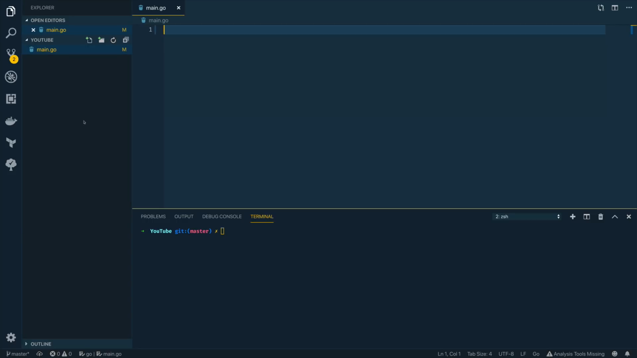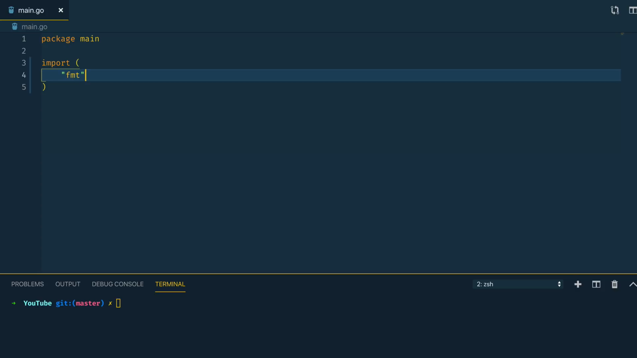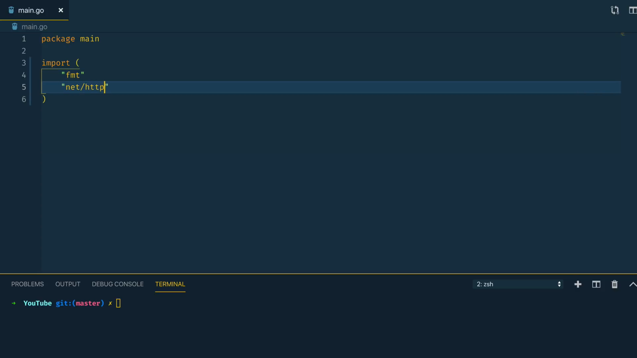Now I'm going to jump into Visual Studio Code, which is my code editor of choice for writing Go applications, and I'm going to start off by creating a really simple main.go file. Now this is going to be package main. I'm then going to define my list of imports, so we want the fmt and the net/http packages, and below